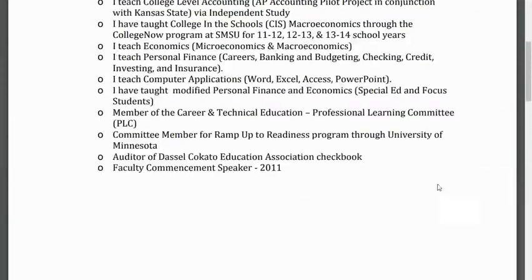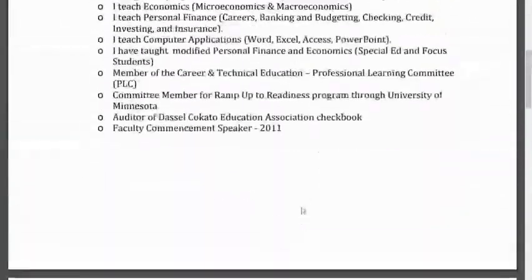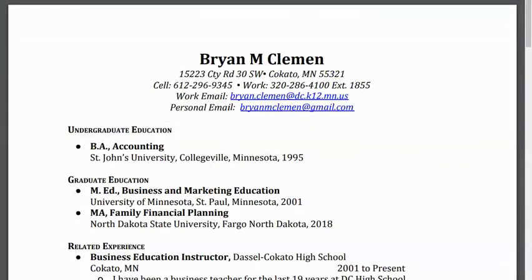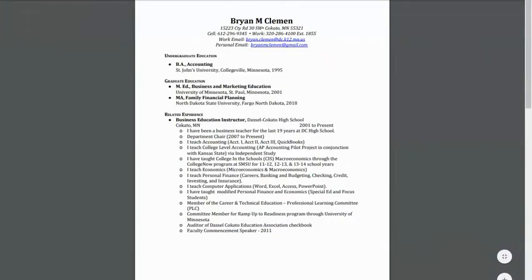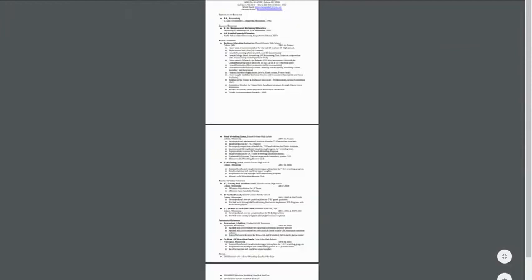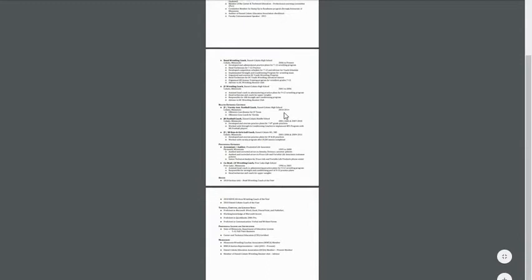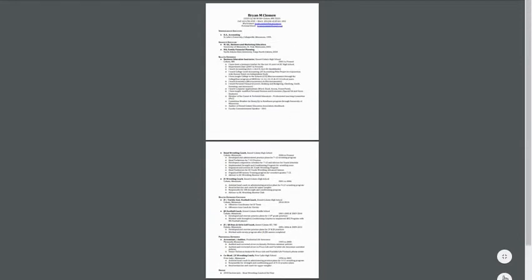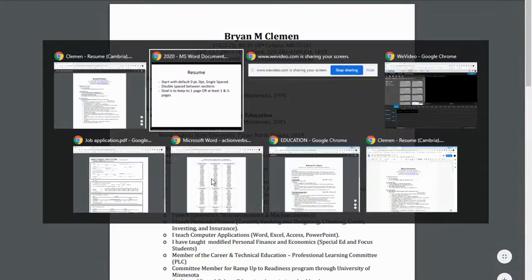So let's shrink this down. So again, mine happens to be a 3-page document. It's not the be-all, end-all. But again, transitioning back here,